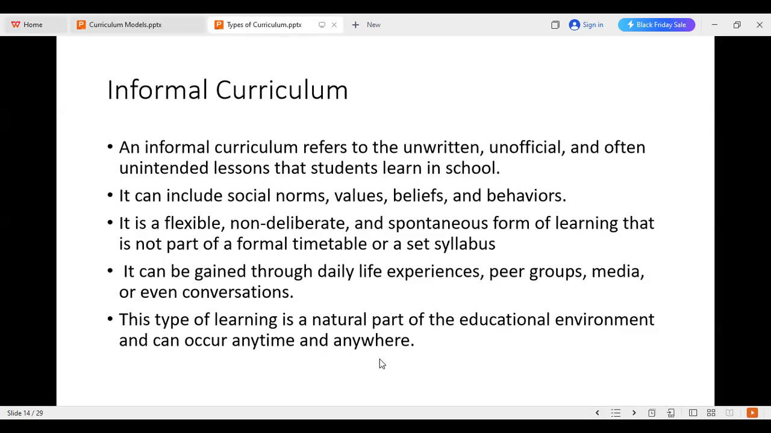That's why everything not from the top. And often unintended lesson that the students learn in school. It can include social norms, not from the books, from the society, values, beliefs, and behavior. Because the students are coming from the society, teachers also coming from the society. We bring a lot of new things to the schools,